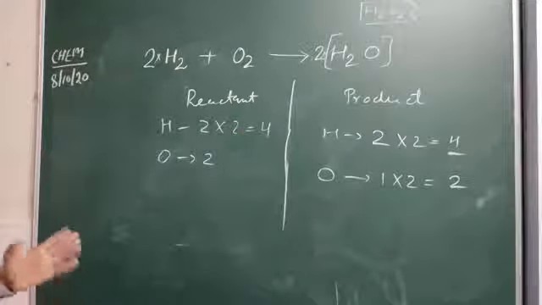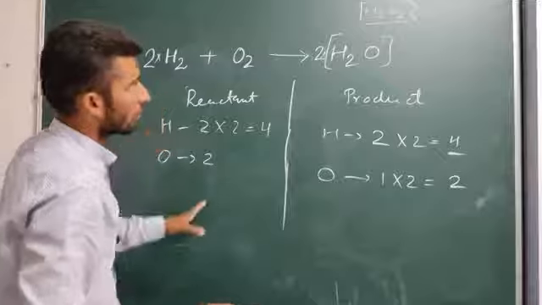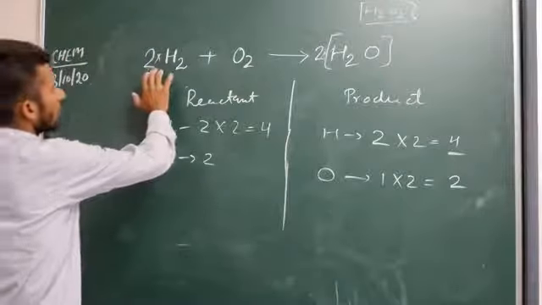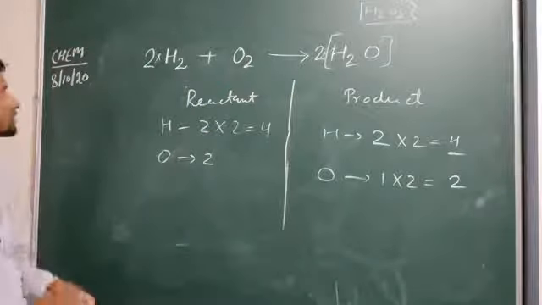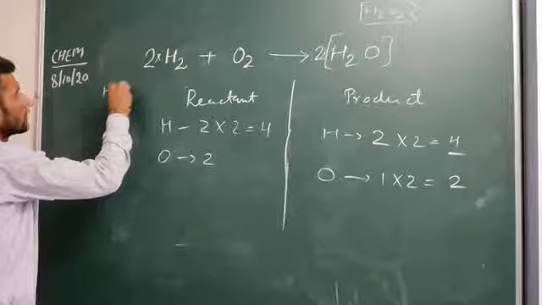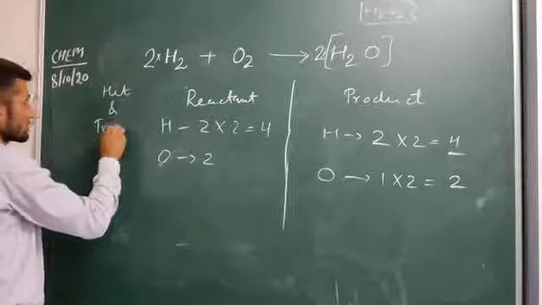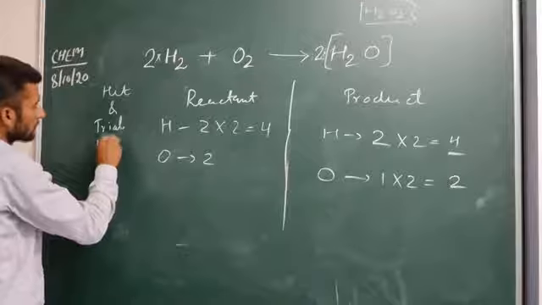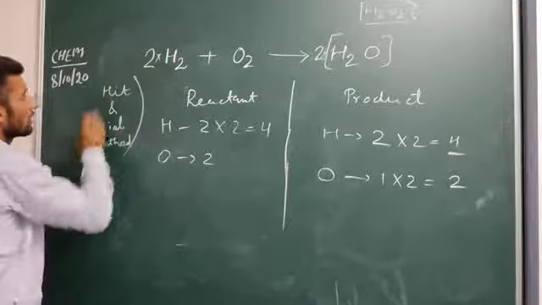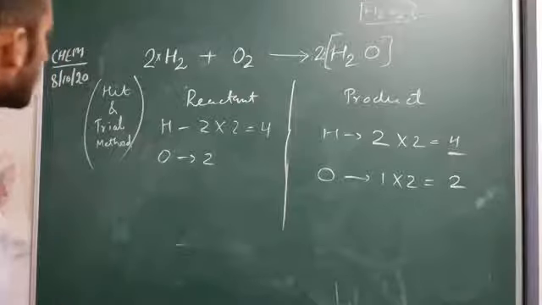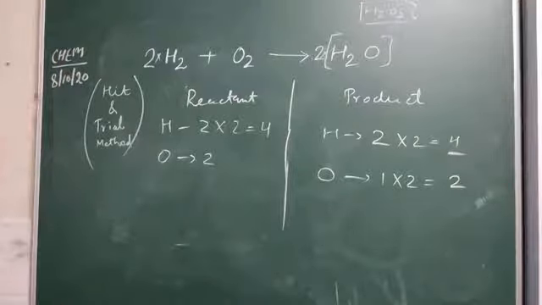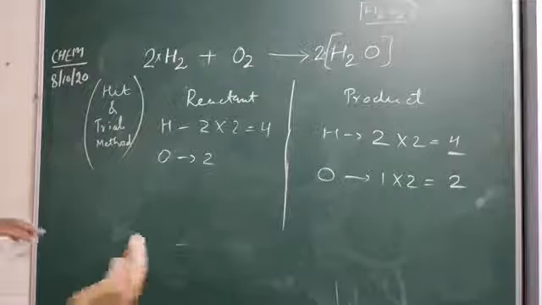You have to balance it by any particular number, but the number must satisfy an equal number of atoms in reactants and products, nothing else. And this method is known as the hit and trial method of balancing. We use any whole number, or you can also use the fractional form, no problem. But you need to balance the chemical equation keeping in mind that the number of atoms of reactants and products must be equal.